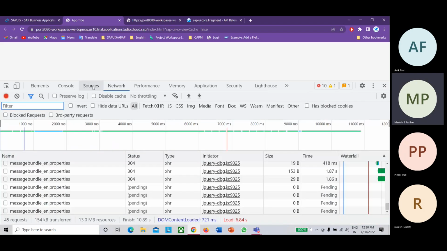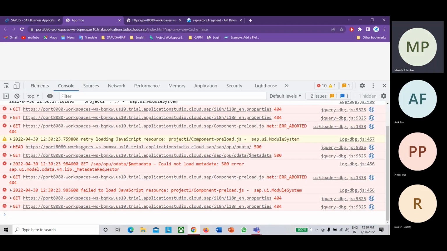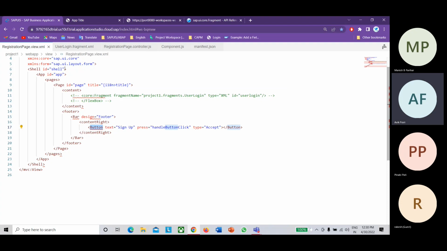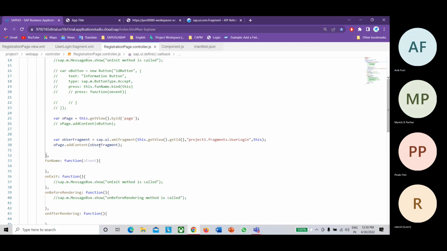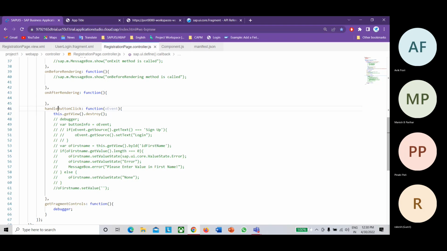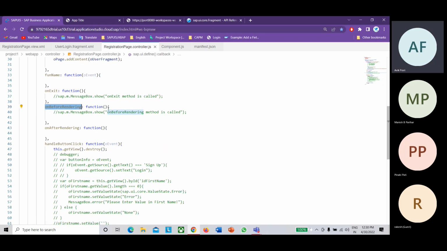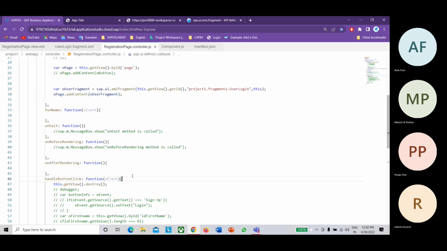Because that might be searching in the controller. No. All the methods won't trigger. If there is any syntax error, then only it will throw the error.